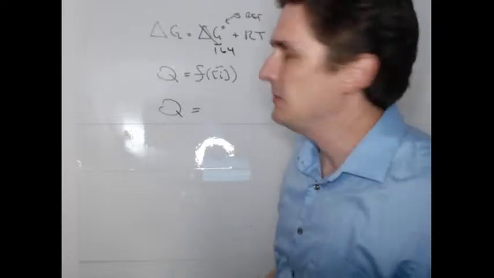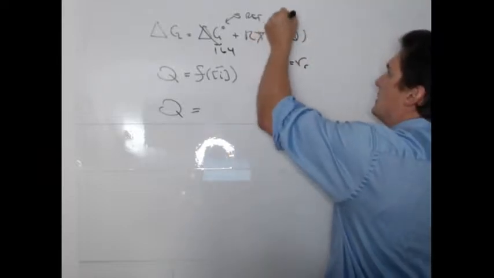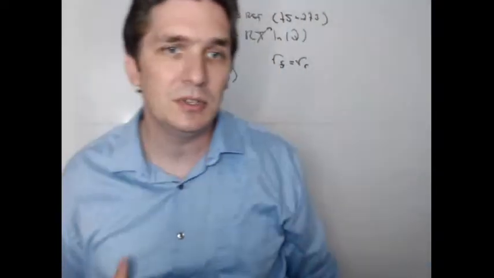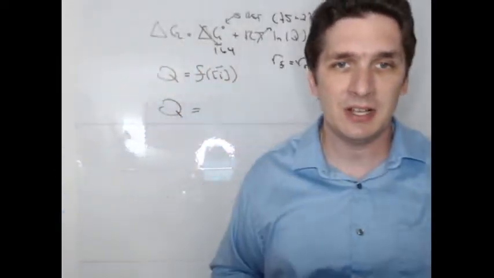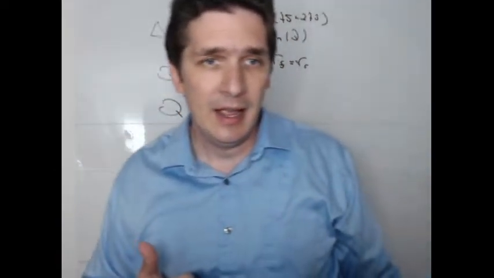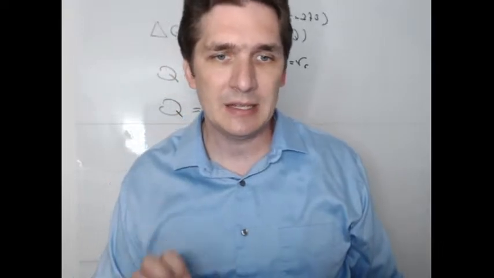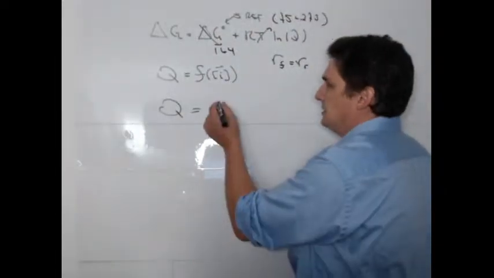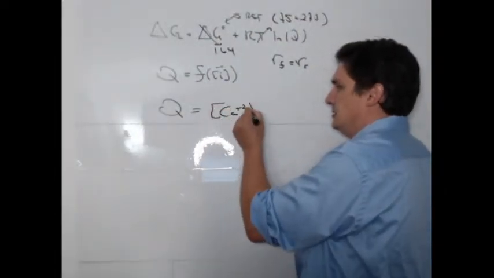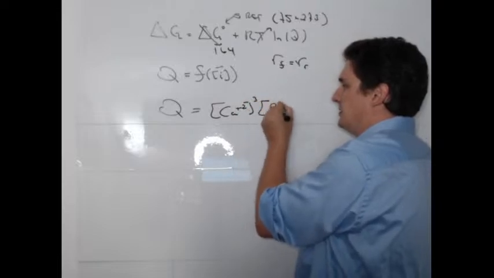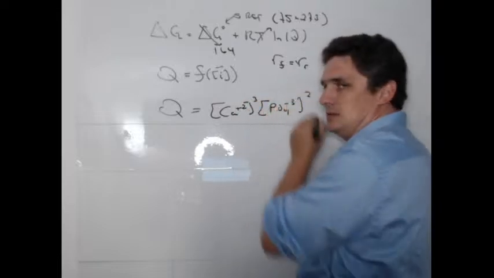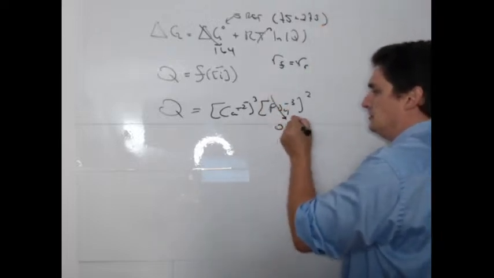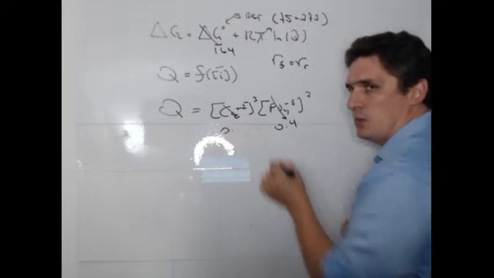Temperature is 75 degrees C. You need to convert that to Kelvin, so 75 plus 273. R is 0.008314, and you're given that calcium chloride is 0.2 molar and sodium phosphate is 0.4 molar, and we'll talk about it. Sometimes I'll give you the mass of the solids. So Q here is just calcium to the third power and phosphate to the second power. So our phosphate here is 0.4 molar and calcium chloride here is 0.2